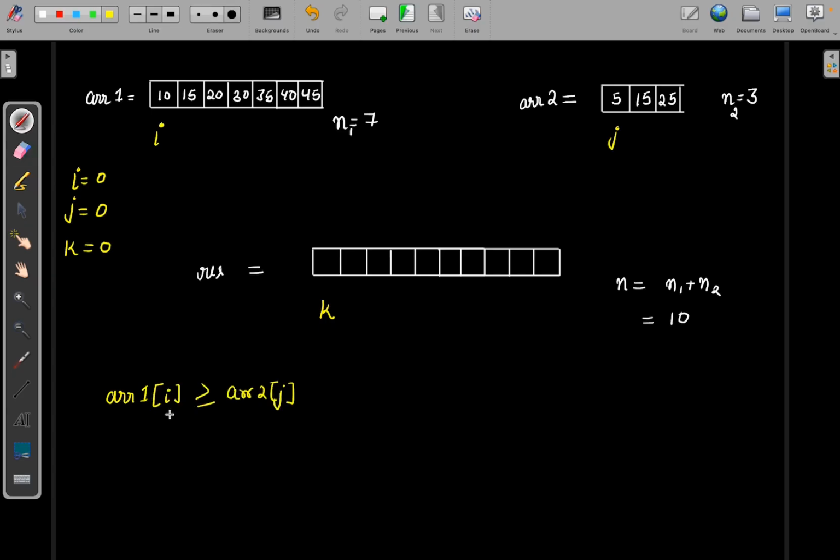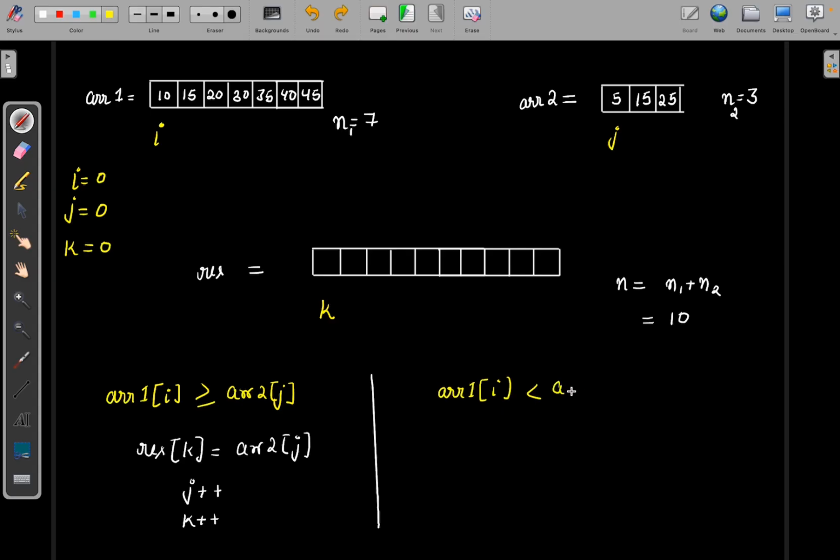So here, if array 1 of i is greater than or equal to array 2 of j, then what will be my task? This is greater, right? So I will take the lesser element. I will fill the resultant array at k with array 2 of j, whichever is the lowest, right? And I will move my j pointer, j plus plus, and I will move my k pointer. Similarly, on the contradictory side, if array 1 of i is less than array 2 of j,